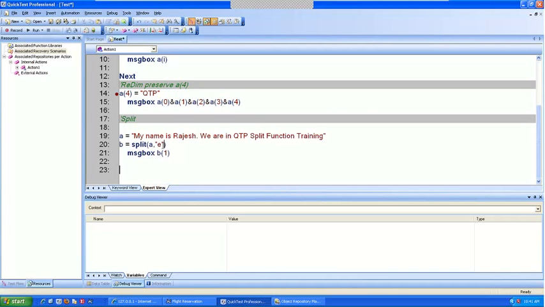I want to split where E comes, but I don't know the boundaries. So let's see what the LBound is for this. MsgBox LBound of, what is the variable? B. Now it will tell me the left boundary of B. MsgBox